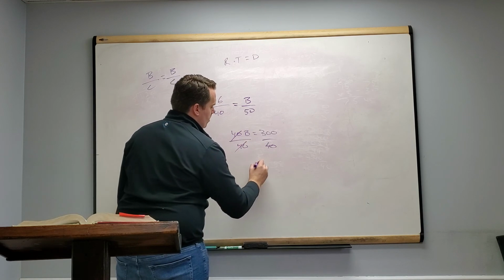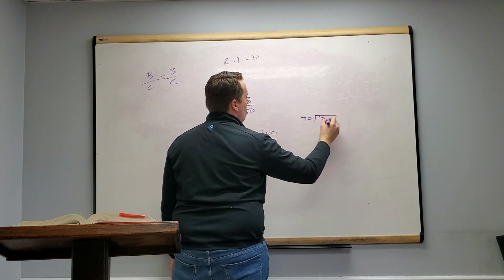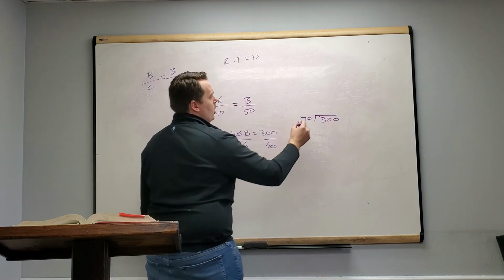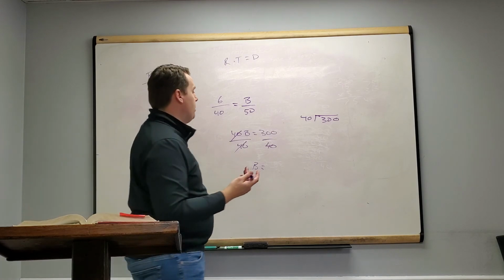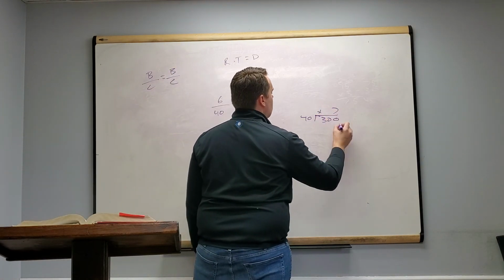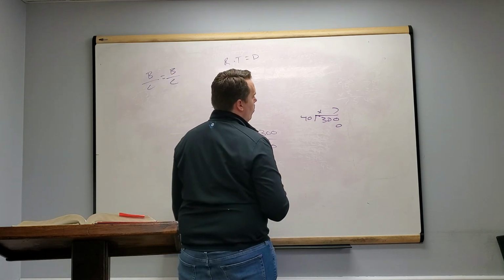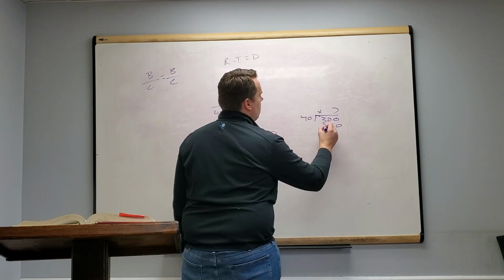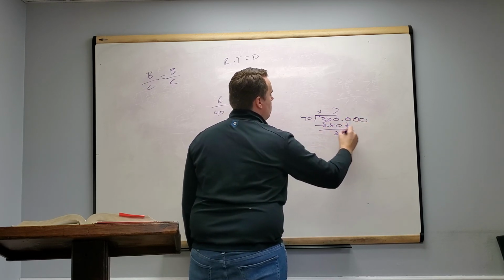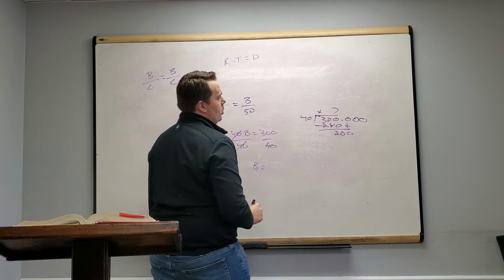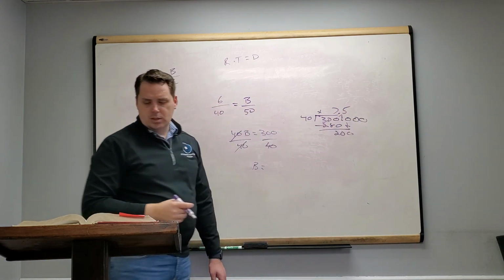Okay, B equals, let's put 40 on the outside and 300 on the inside. 40 goes straight into it. So 4 goes into 30. You could say 7 times is probably a good bet. 7 times 0 is 0. 7 times 40. 7 times 4 is 28. Drop down the 2. Okay. So 40 goes into 200 how many times? Well, that's 5 times. So the answer is 7.5